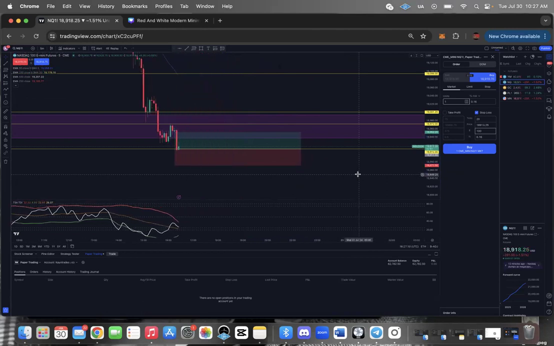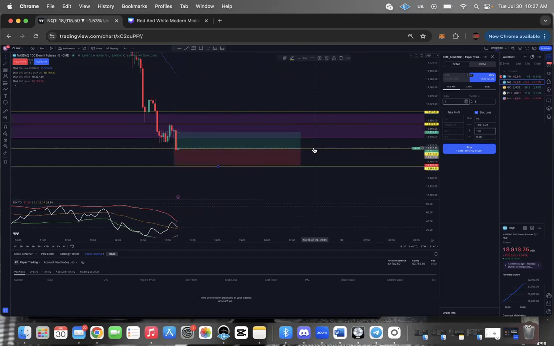Now, the ways you can manage this: when you get to 1-to-1, close your trade. This yellow line is my entry. This yellow line is my stop loss. Once I get to 1-to-1, I can close the trade or grab my stop loss and move it to break even. TP2